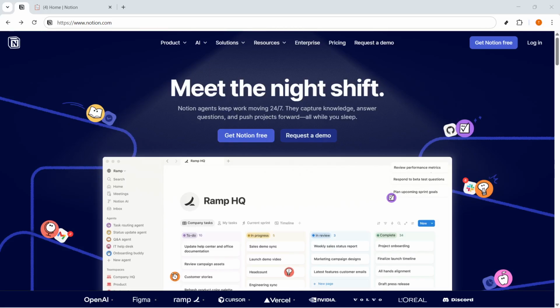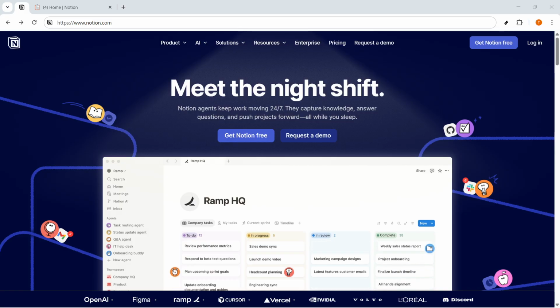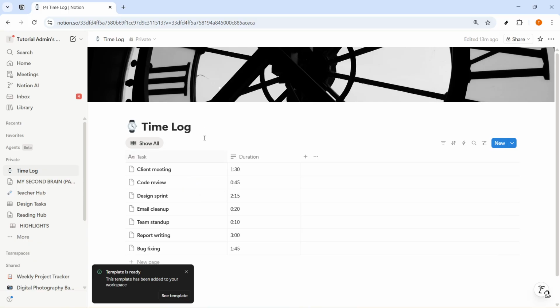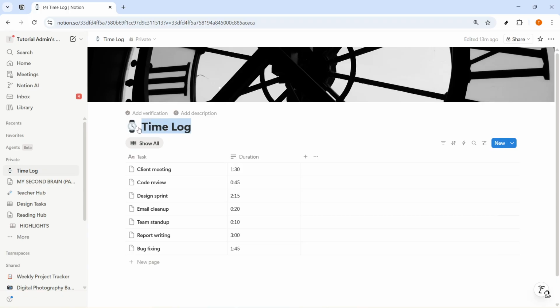In today's video, I'm going to teach you how to convert time format HH:MM to decimal hours in Notion. Open Notion and go straight to the page that contains your time log database. Once you're on the main dashboard, find the table where your duration values are stored. This works best when you already have a property that contains time in an hour and minute format, like 1:30